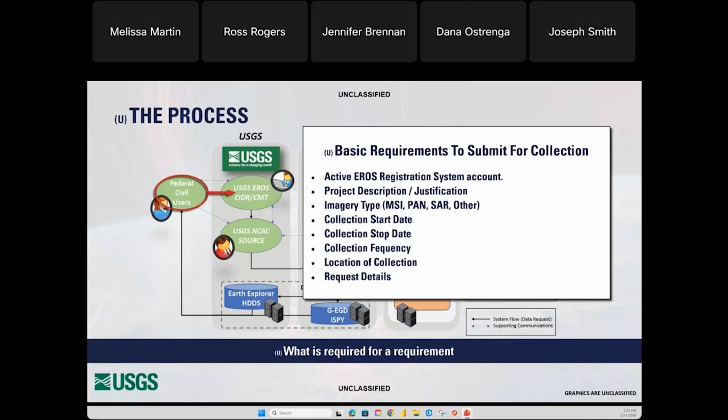Providing this information up front helps streamline review, reduce follow-on questions, and increases the likelihood of successful collection. With these basics in place, the next slide walks through how this information is entered when submitting a request through